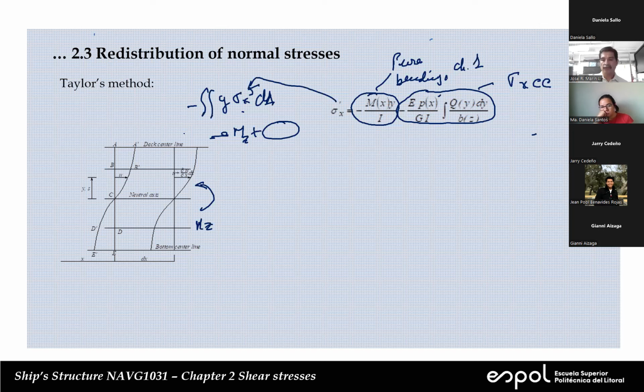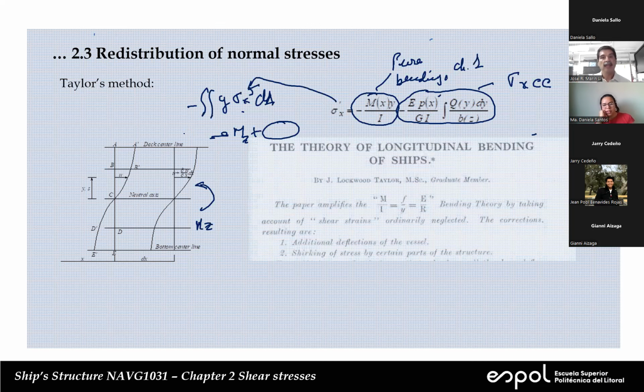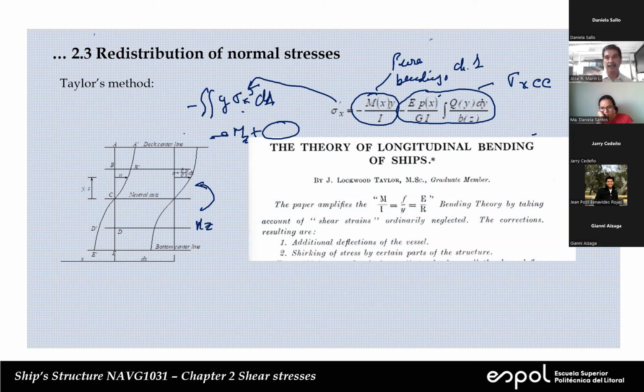What Taylor proposed, okay, I did an effort in order to get the original work from Engineer Taylor. If somebody is interested, I can share with this person the article, because I bought it through internet. It was just cheap because it's a very old article, but that's the original one. It's called The Theory of Longitudinal Bending of Ships, and this is the name of the author. And you see that it's a graduate member, so probably it's an engineer with a lot of experience. And he says that this paper amplified the